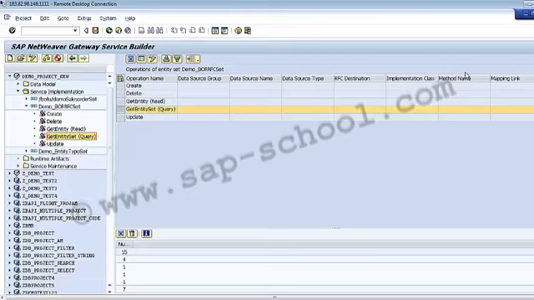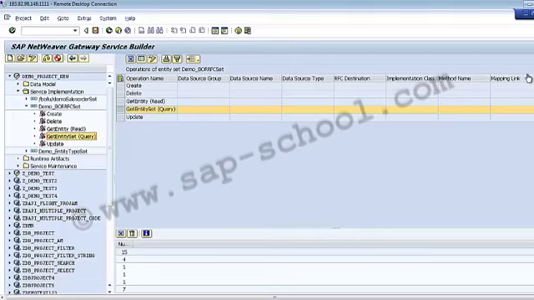Then we have this method type, method name. So it will display the name of the implementation method in the DPC class. Then we have the mapping link. So it will display the text that is enabled as a link only if the operation contains a mapping. So when selected, it opens the mapping UI for the operations for making the changes.